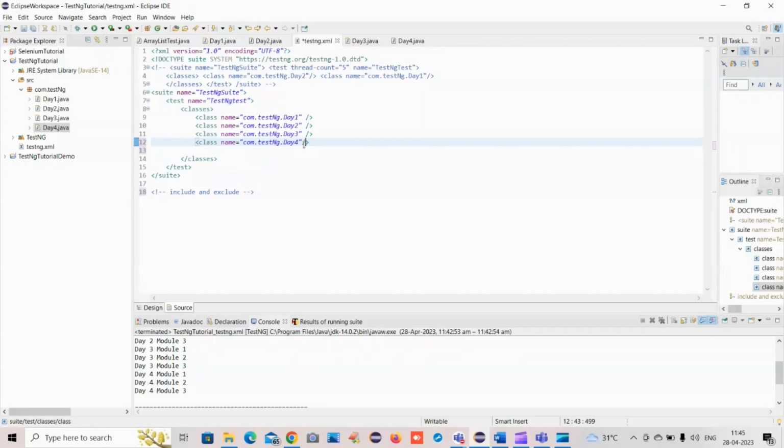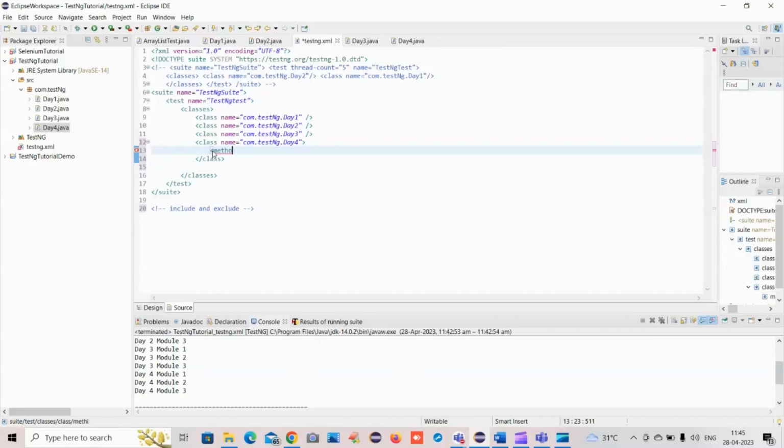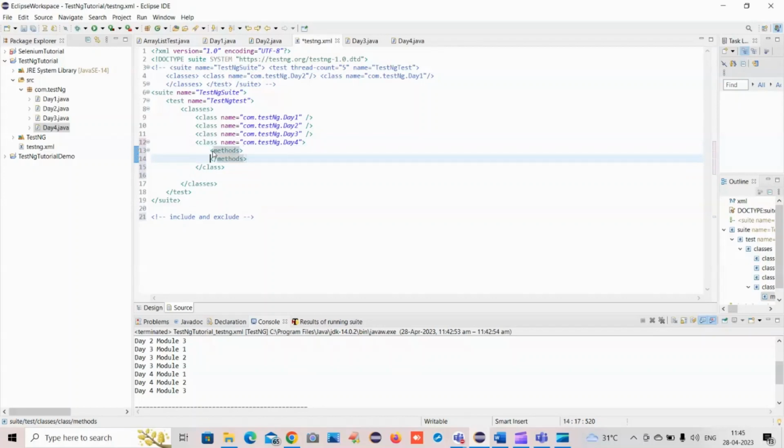Now we have to open this class, so I'm removing this forward slash. Now we get the closing class, and inside this we have to use the methods. We also have to open this, and inside the methods